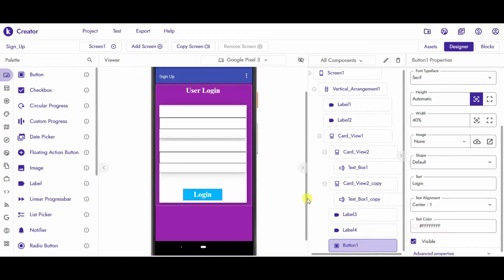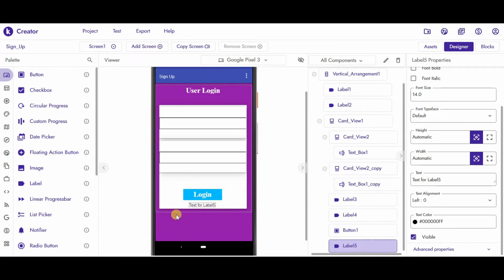Now take another label for creating some gap and drag this below the button and inside the card view. Remove the text and set the height to 1%.